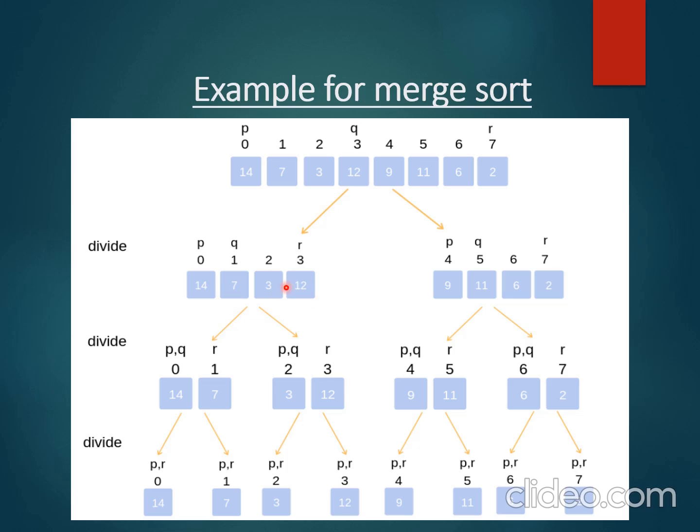So the formula is middle equals L plus H by 2. After dividing like that, we get two subarrays, and again we apply the same principle here by considering left index, right index and the middle element. By doing that, we get two more arrays. And again after dividing this, we get each and every element. So in this way the entire array is divided into each and every element. So from now we will start merging these elements.